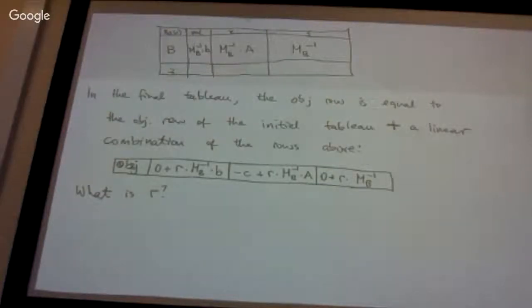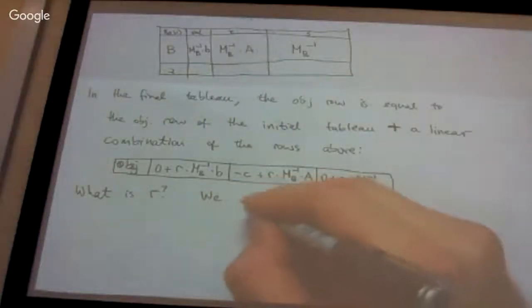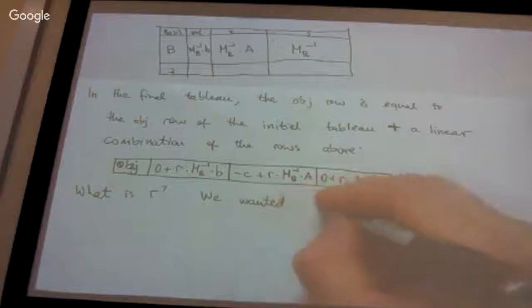So how were we doing? What is the condition for it to be a simplex tableau? You have to have zeros where the basic variables are. Yeah, that's why we were adding these multiples, to always have zeros in the columns of the variables in the basis. So what we need to check is that we wanted and got